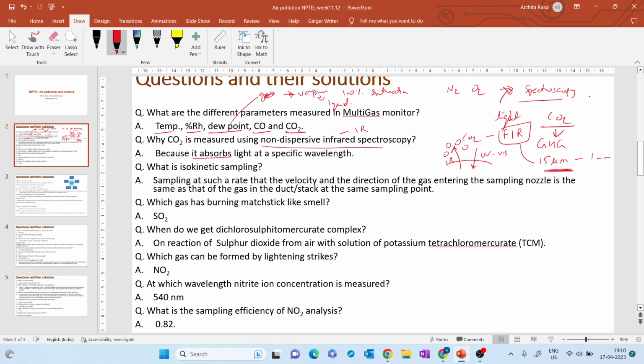So this is important. Now, why? If you know that any gas, for example, or any particle which absorbs light, it depends on its vibration. Generally, they say that when you see N2 or O2, the vibration is only one way. It's either apart from each other or towards each other, right? But the thing is, for CO2,